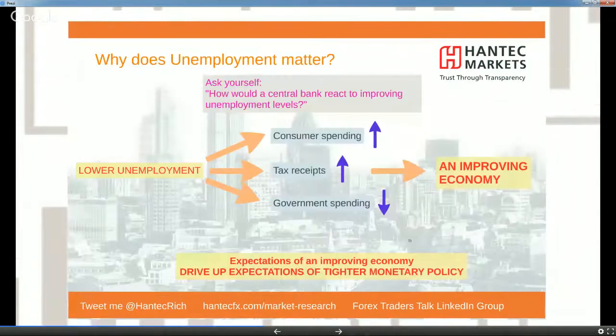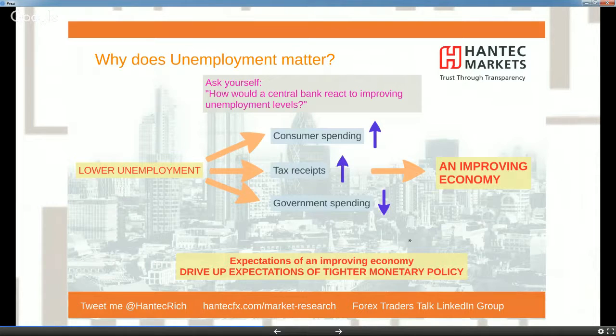So why does unemployment matter? Well, as I said, the controlling of inflation is the second part of the Fed's dual mandate, which is the pursuit of maximum employment, being written into law. That makes it legally bound to engage monetary policy that pushes towards the pursuit of full employment. So it does matter to the Fed, and the condition of the labour market is obviously a big concern to the Fed.